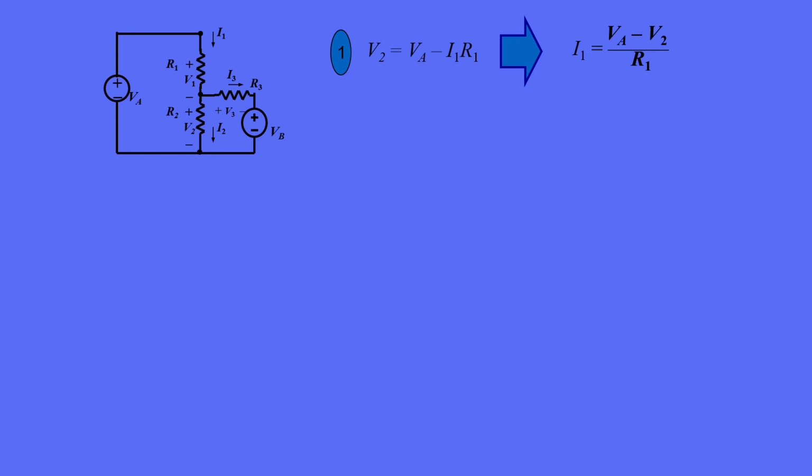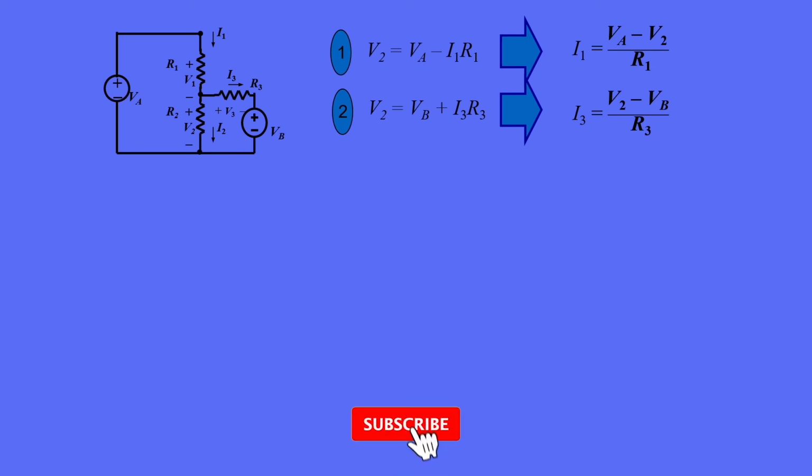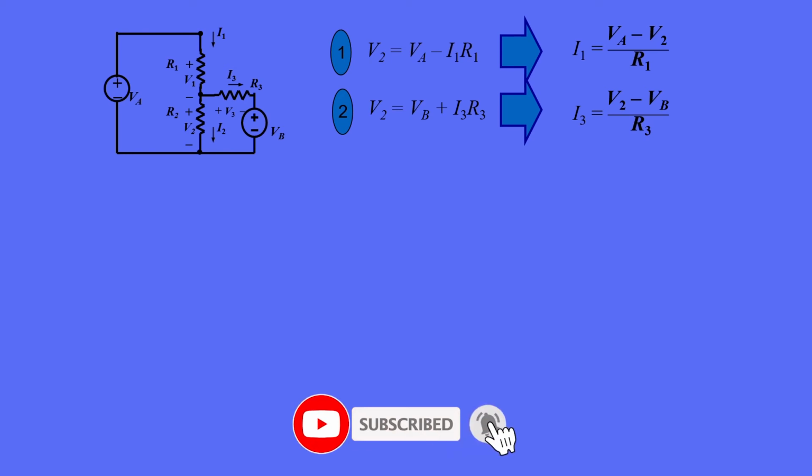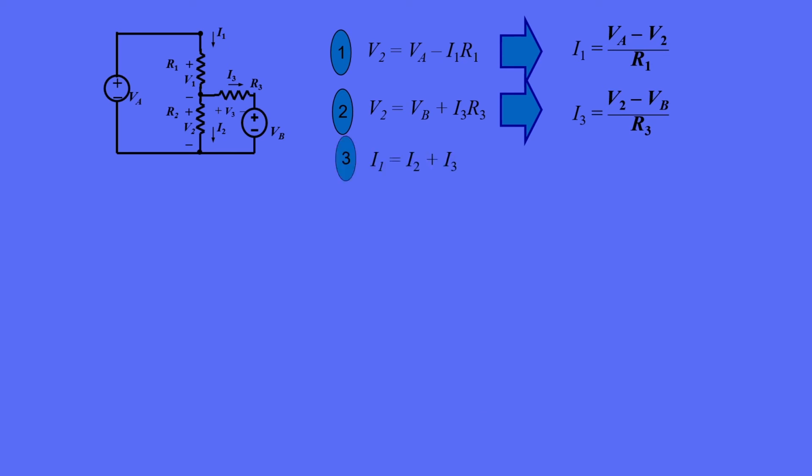I1 is equal to VA minus V2 over R1. Equation 2 can be similarly transformed to yield I3 is equal to V2 minus VB over R3. We've now got independent expressions for I1 and I3, which is what we need to find I2 from the KVL